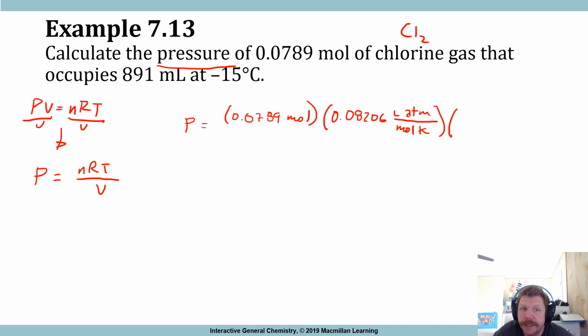Temperature, T. This is our first conversion that we need to take into consideration. This is negative 15 degrees Celsius. We need our temperature to be in units of Kelvin. So anytime you are working with degrees Celsius, what do you need to do? You need to take that temperature and add 273.15. So I'll say negative 15 plus 273.15 equals